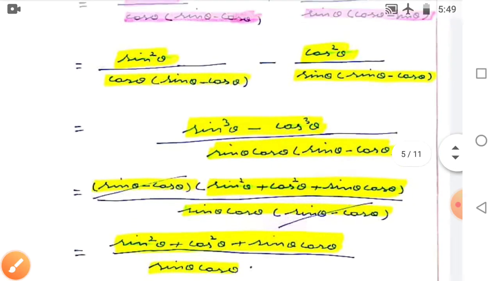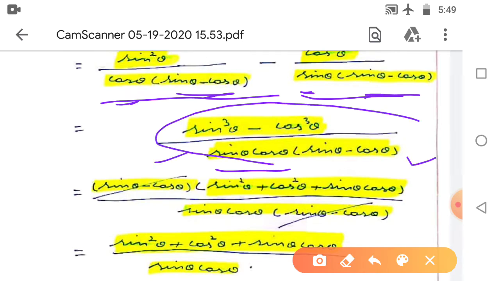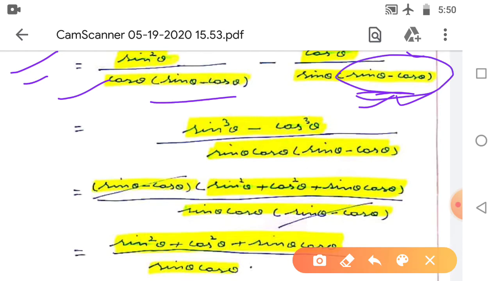So in this case, the LCM is, look at here, sin theta cos theta into sin theta minus cos theta. This is our LCM. This is a very important step. Clear? And after taking the LCM, this sin theta we are going to multiply with the sin square theta, this gives sin cube theta minus cos cube theta, right? So this is a very important step. Okay, how do we take the LCM in this question? This is a very important question, and this is the major step of this question. Okay, taking the LCM. Before we take the LCM, we need to change the shape. This is sin theta minus cos theta. Again, this is sin theta minus cos theta.